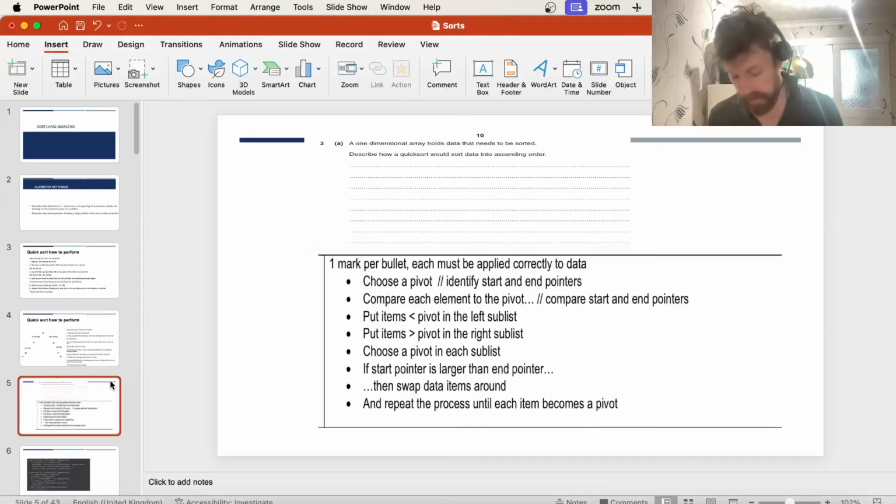And if you're still sat there thinking, I've got a day until my exam and I have no idea what I need to write, okay? This was a question that I went and found, and this is what you needed to write to get full marks. It was 5 marks, so you needed 5 bullet points. So choose a pivot, compare each element to the pivot, put the items less than the pivot in the left sublist, put items to the right of the pivot in the right sublist, choose a pivot of the next sublist,